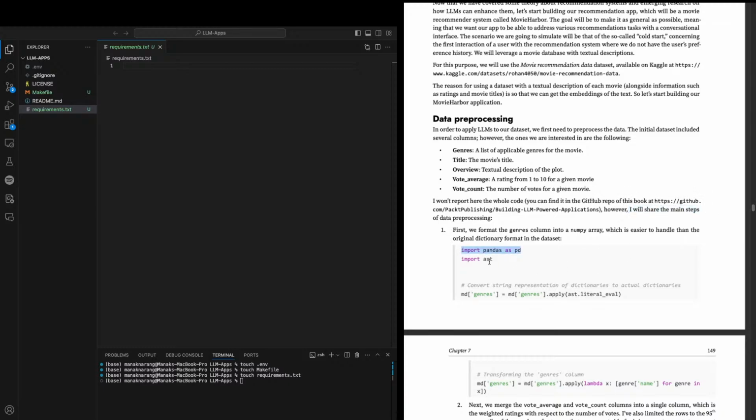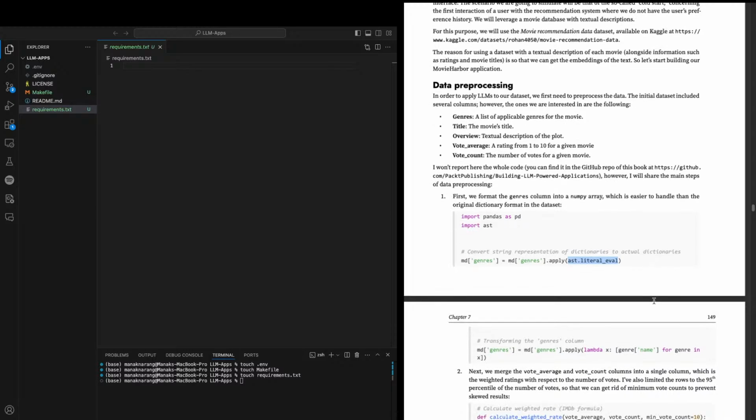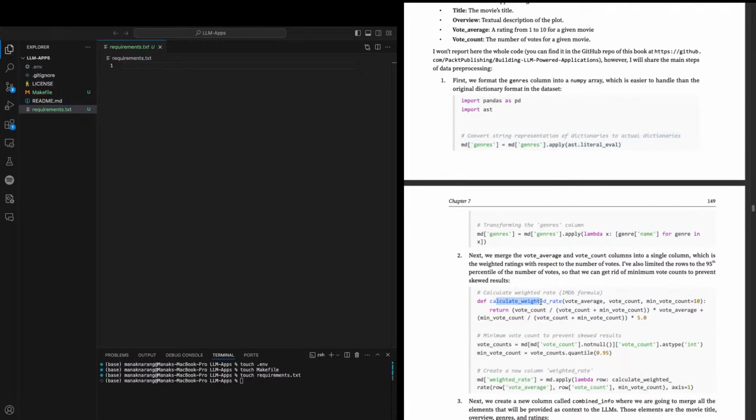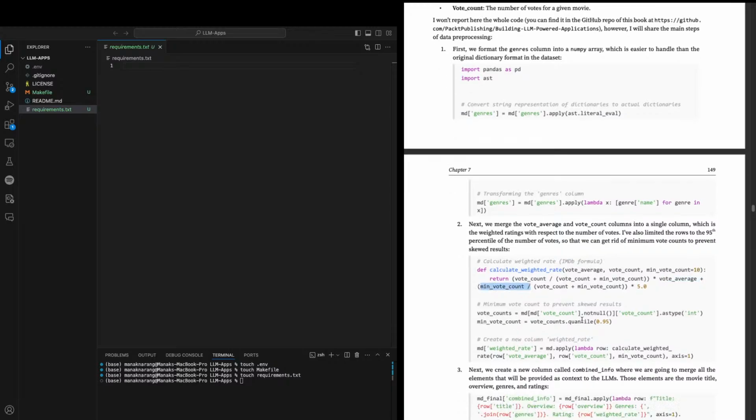So what he does is, you must have vote count over vote count plus minimum vote count times vote average plus.